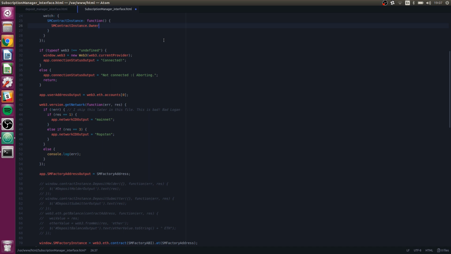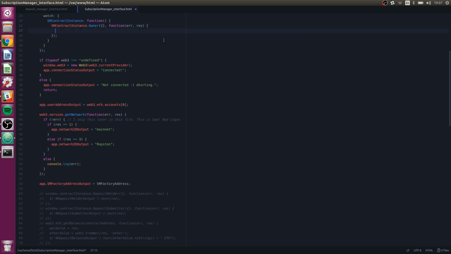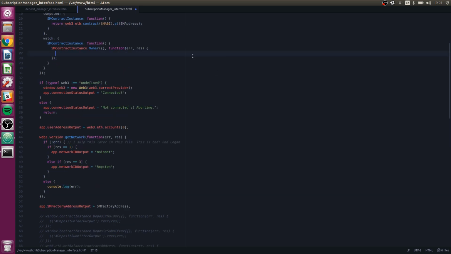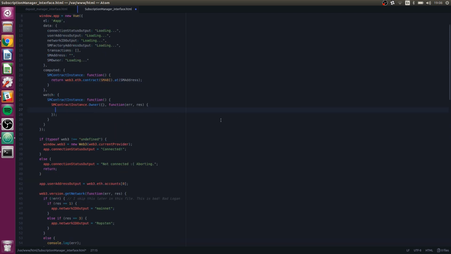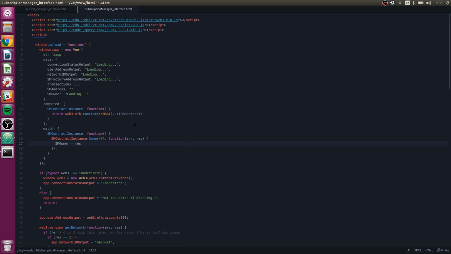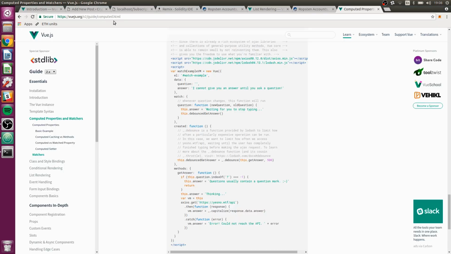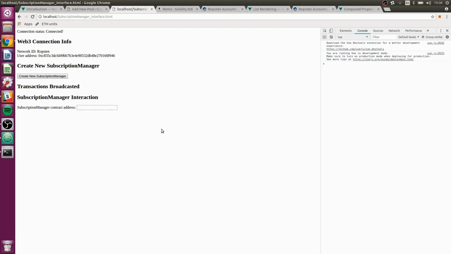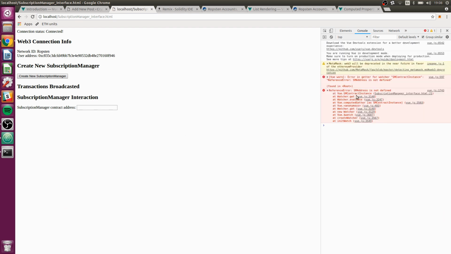And we're going to say, okay, we want the owner, pass it an empty dictionary, and we're going to define a function. And then we're just going to use this result. So this now should be the address of owner. So then we should be able to say SM owner equals res, like that. Hopefully that works. I'm a little unsure of this. Crossing my fingers here. So now it should be that when I reload this,